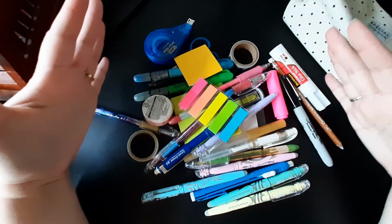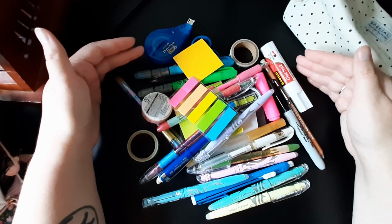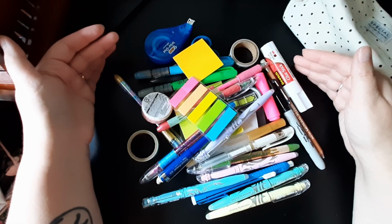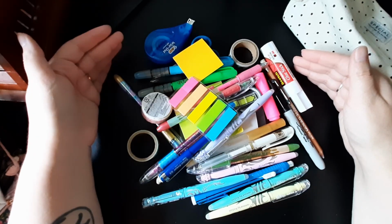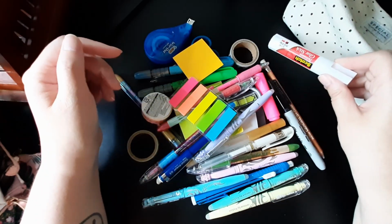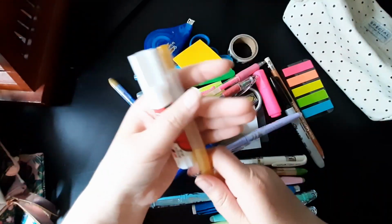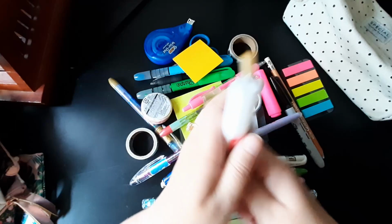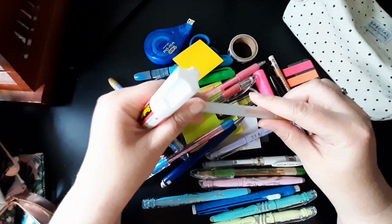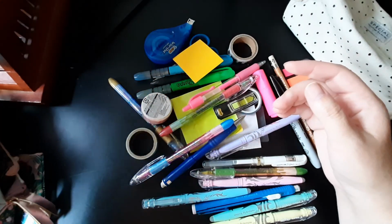So let's take a look at what I have in here and what I actually use in that planner on a day-to-day basis. And I'm looking at this, and I'm actually seeing supplies for 2 other notebooks that I don't have here. One of them is my reading journal, the other one is my regular journal. So this, okay, this is more for my regular journal where I like to glue in ephemera, and then this is the pen that I use on my reading journal. So I'm going to set these 2 aside for right now,